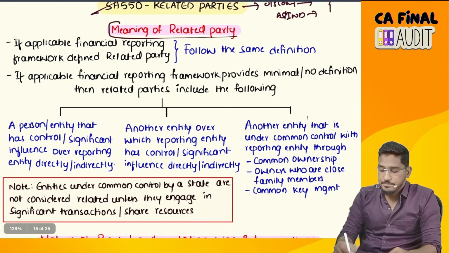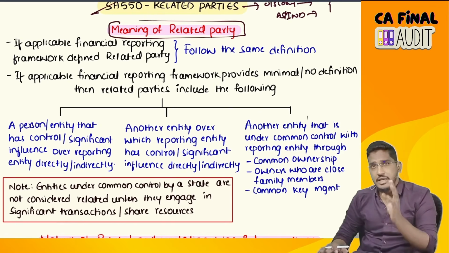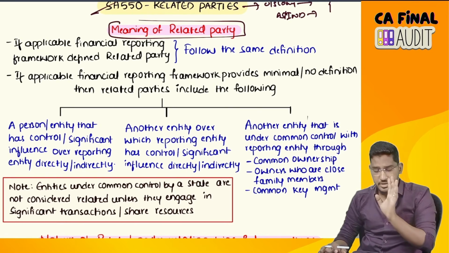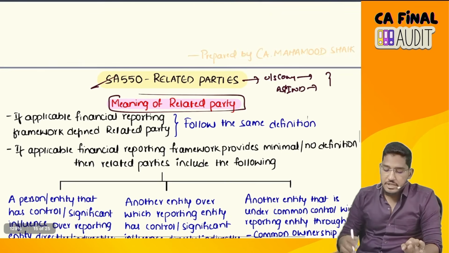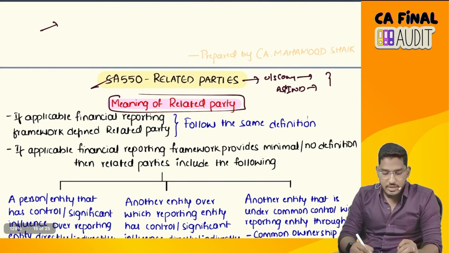First of all, who is a related party as per the standard? See, at all respective places we have given a definition. Under the Companies Act we have a definition for related party. Under standards we have a definition of related party. So even SA 550 has played it safe. They told that